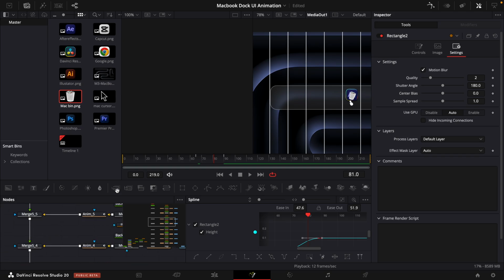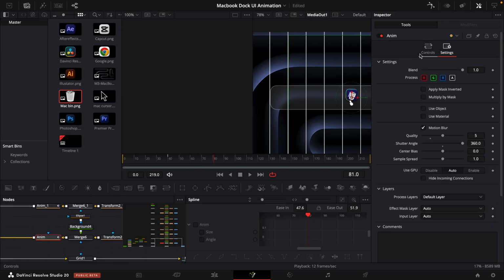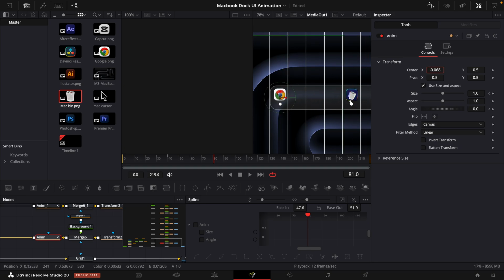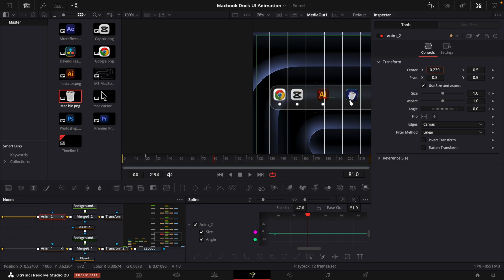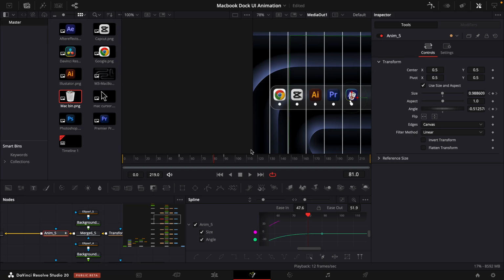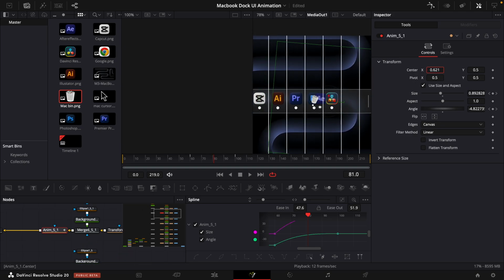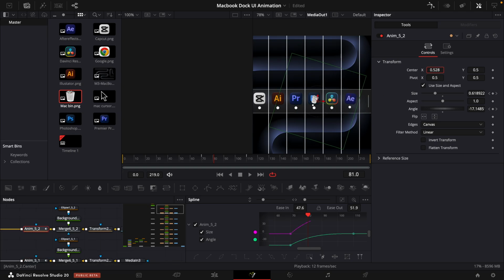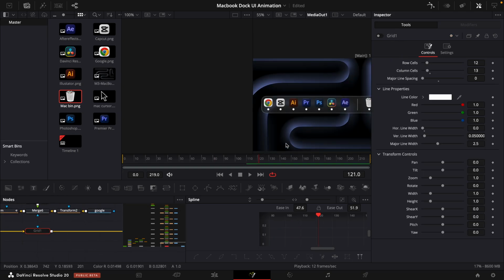And now we can actually begin spacing out the logos. So go to the first one, which is the Google logo, go into the animations here and just drag it over to the right and make it right in the middle. Do the same for this one, the CapCut, and make it right in the middle between them, and the same for the Adobe Illustrator and the Premiere Pro, and this one we'll just let be in the middle and just drag the DaVinci Resolve a little bit right to line it up, and the After Effects will also drag over, and the last trash bin. Let's just turn off the grid real quick and see how everything looks, and I think it looks pretty good.